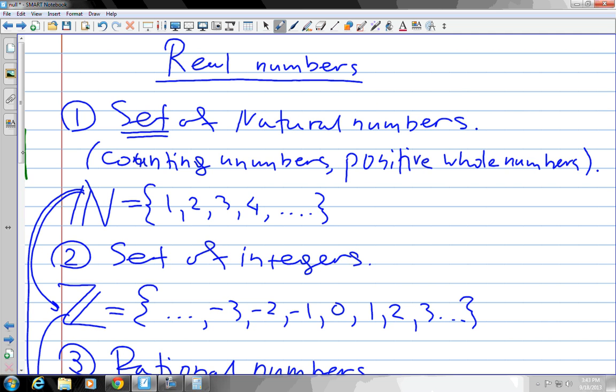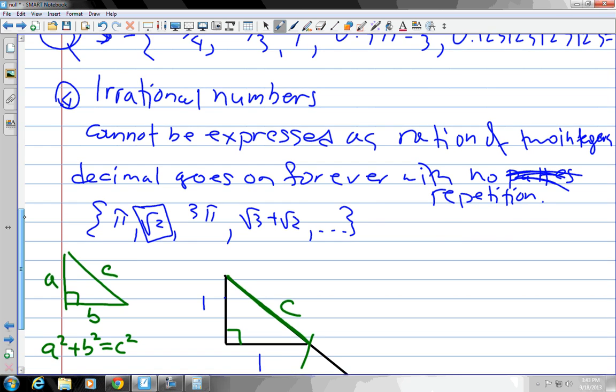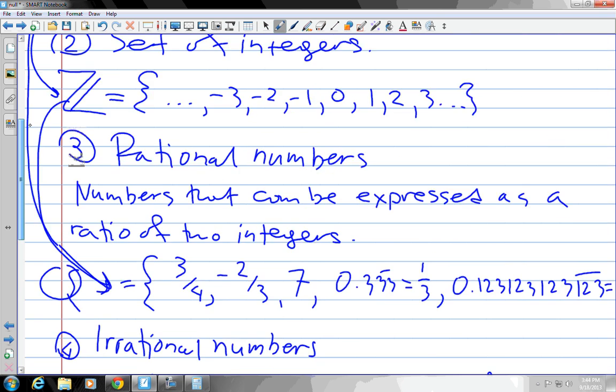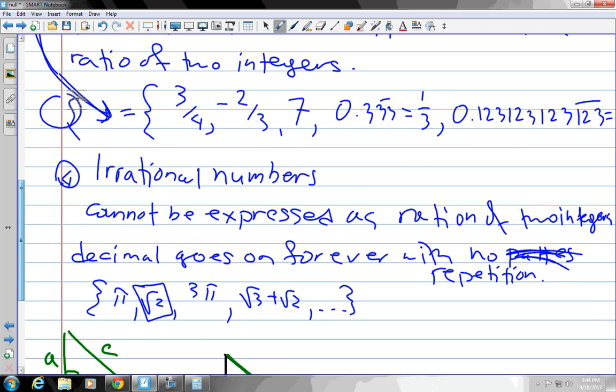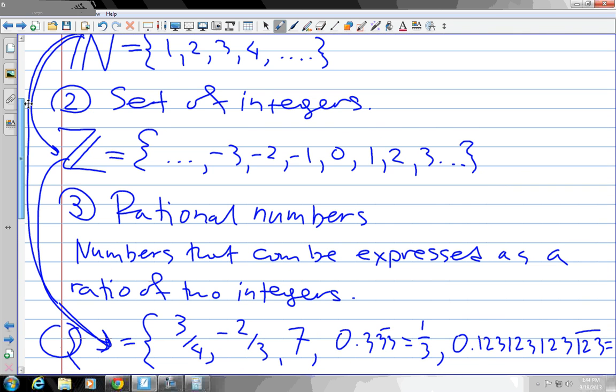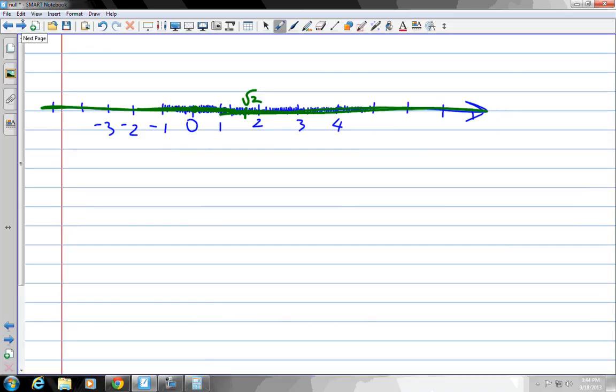Now, we do not have a fancy symbol for irrational numbers. Like everything else had a fancy symbol, irrational numbers do not. And also, remember how before we were saying that every natural number is an integer, every integer is a rational number. Well, irrational numbers are just the complete opposite. They're completely separated. There's nothing in common. There is no number that is both rational and irrational at the same time. But the set of all real numbers